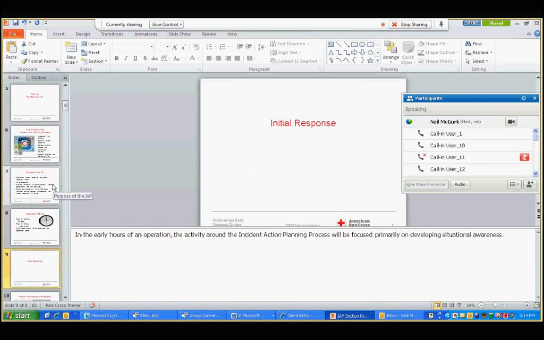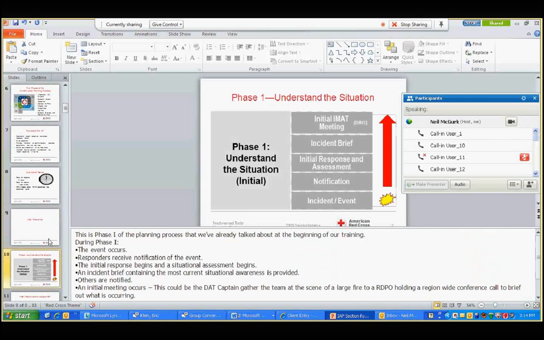And then we move into the initial response. And then you start talking about phase 1, which is understanding the situation, how we respond, how we work, those sorts of things. And some of the main things to highlight at this point is that we are less focused on structure and process than we are on meeting the needs of the client. So this is a great opportunity to instill the message that as long as people are not doing anything illegal, immoral, or unethical, you have to be empowered to make those kinds of appropriate decisions within appropriate programmatic guidelines.